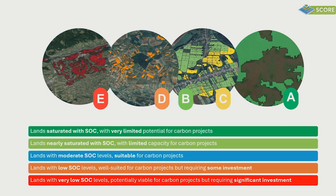In any case, you can see here that these colors and these letters should give you an idea of the situation of your soil, of your plot in this case, what their capacity of storing soil organic carbon is, and also what the capacity is for them to host carbon projects. So usually lands that are located in A are those that have already almost reached their capacity to store